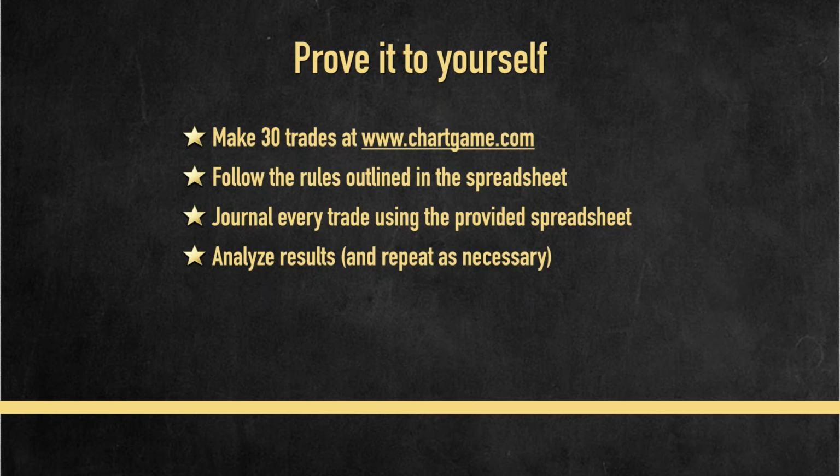We're going to give you a spreadsheet, and we're going to walk you through that so that you understand how to trade, so you can follow the rules of the game. And we're going to have you journal every trade. Just the first 30 stocks you run into, journal those stocks. You're not trying to game the system at all. We just want you to analyze the results so that you can prove to yourself that it is possible to get statistically relevant expectations over a number of trades. You won't know from trade to trade if it's going to be a gain or a loss, but you can forecast with great accuracy what's going to happen over a number of trades.